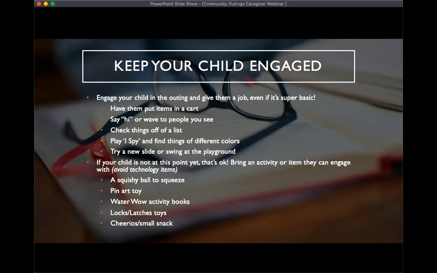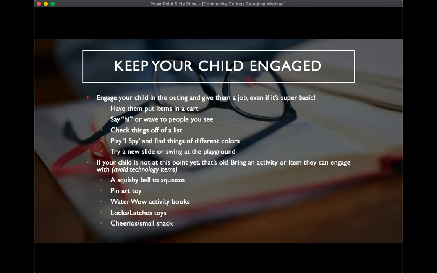And if your child currently relies heavily on technology, especially during a community outing, it's okay to work up to the point where you're not using it at all. If that is something that you've relied on pretty heavily up until this point, obviously taking it away would be a really huge transition for them. So we don't want that transition to be something that holds you guys back from being successful in the outing. We want to make sure that transition away from the iPad or technology item is successful and gradual too.